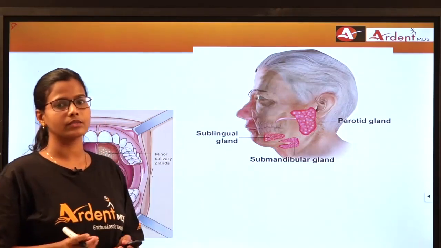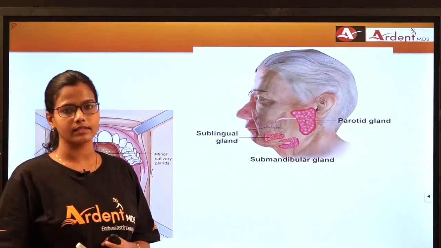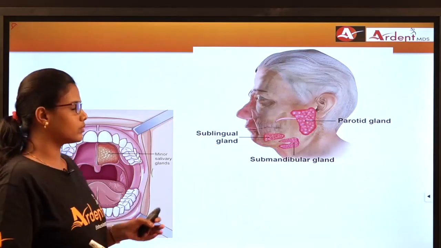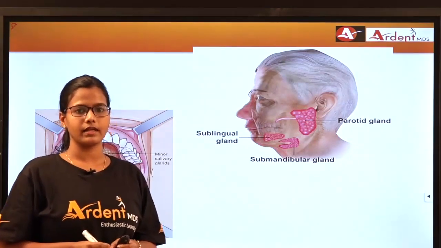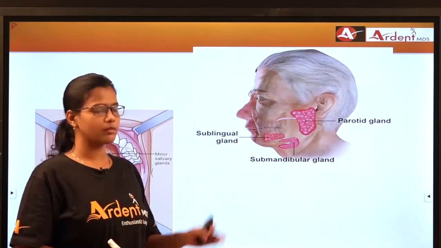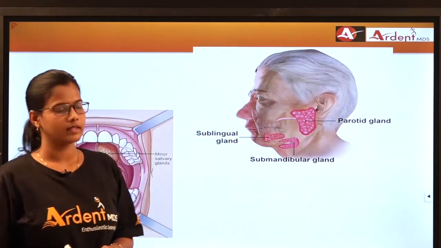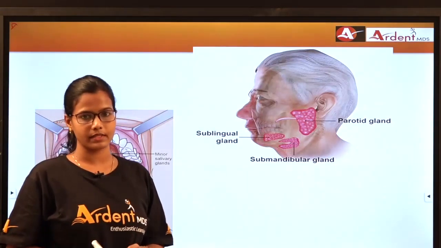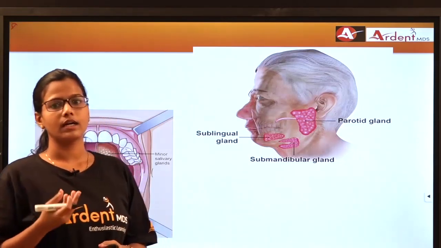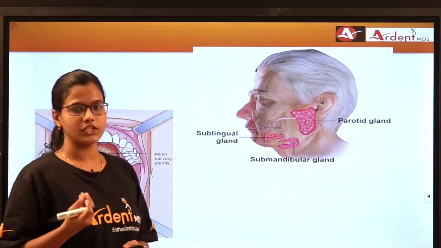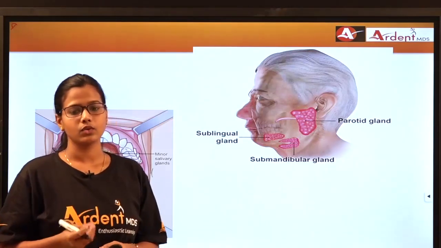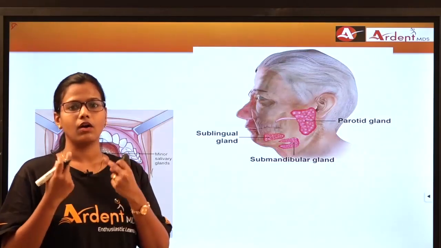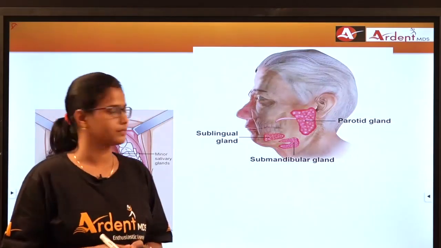So today we are going to see about the various diagnostic modalities which we use to diagnose salivary gland disorders. We know there are three sets of major salivary glands, which are the parotid gland, submandibular gland and sublingual gland. And there are about 400 to 500 minor salivary glands present over the buccal mucosa, tongue, the retromolar region, and palatal region as well. The minor salivary glands are not seen over your gingiva and on the anterior portion of your palate.